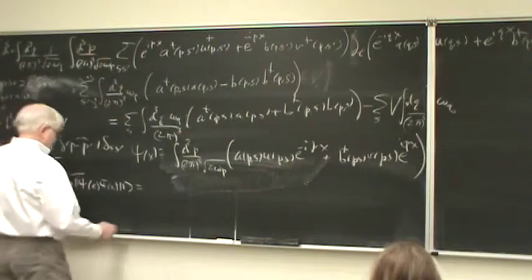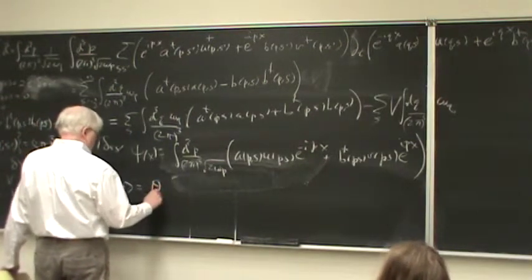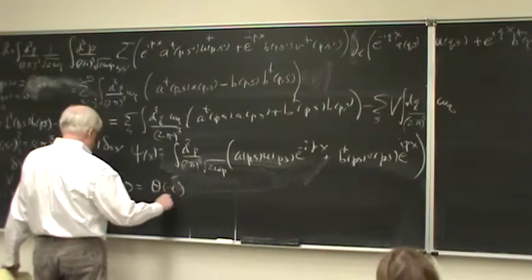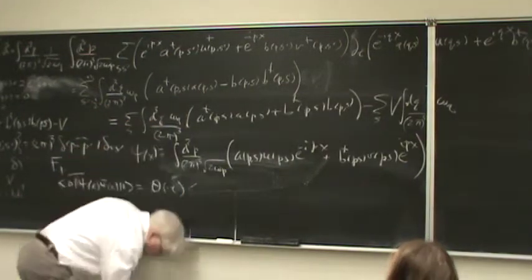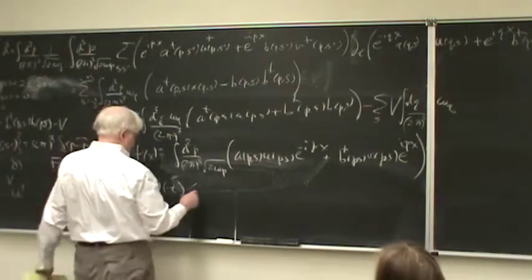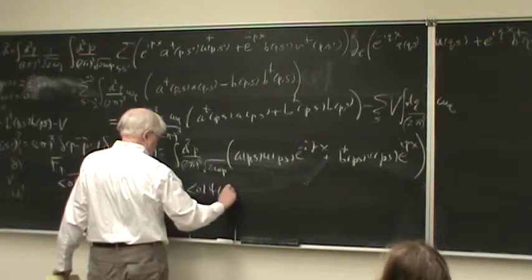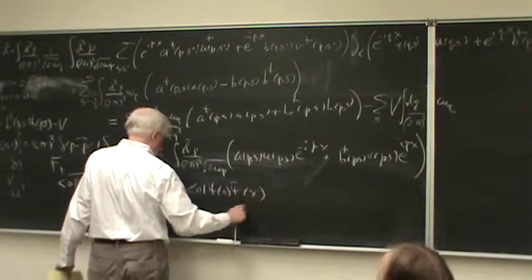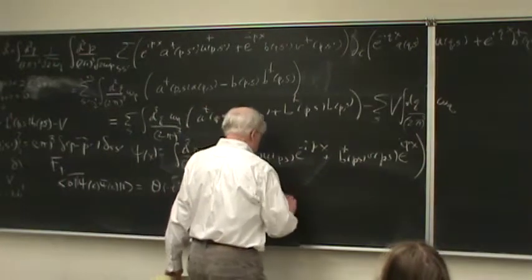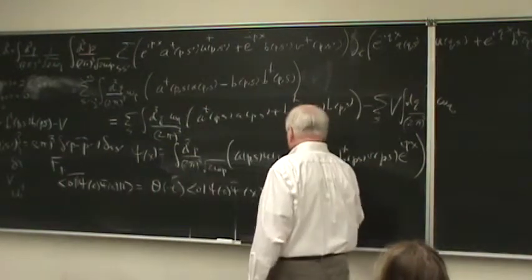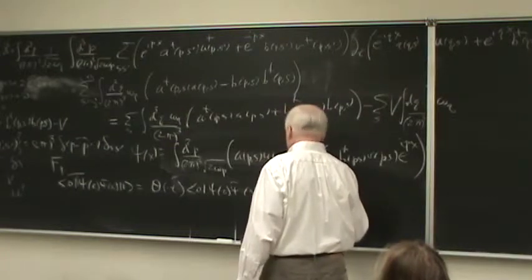So this is going to be theta of minus t, certainly, times 0 psi of 0 psi bar of x. And then we're going to actually put in a minus sign here. Theta of t